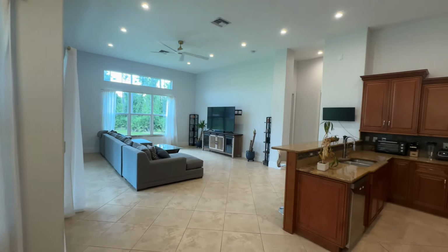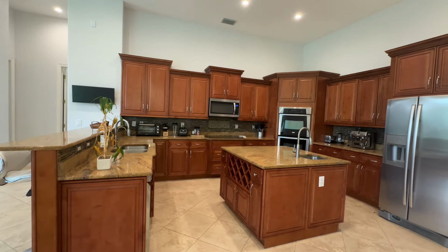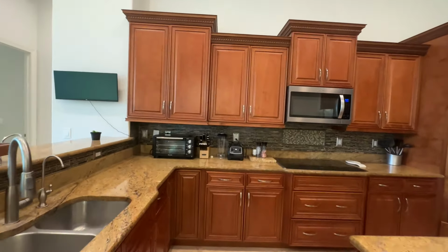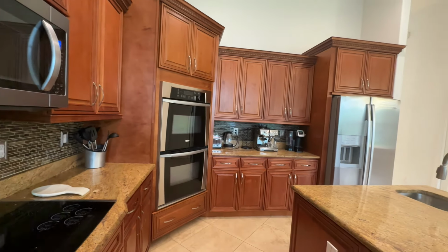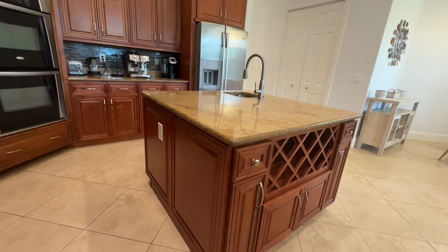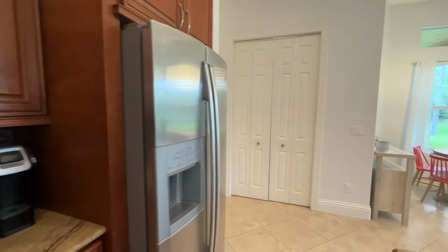And here's what I was talking about. You know, the modern kitchens are so basic, right? You just have an island. Here, look at this. You've got a U shape, all the oak cabinetry that they don't do anymore like this. These beautiful countertops, the 2-tier countertop, nice backsplash. You've got the glass cooktop. You've got the ovens built in, right? And look at this island. You just don't see this anymore. The new homes, I think they've cut corners on these kitchens. I really like this style kitchen. And if you like this style kitchen, then this house could be for you. Here's your pantry,